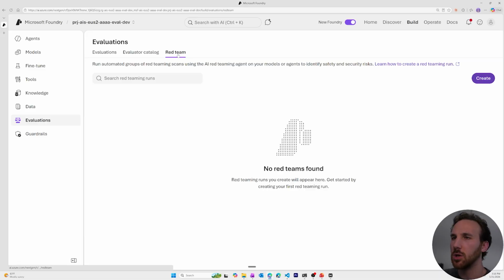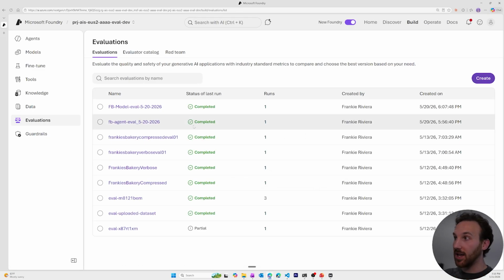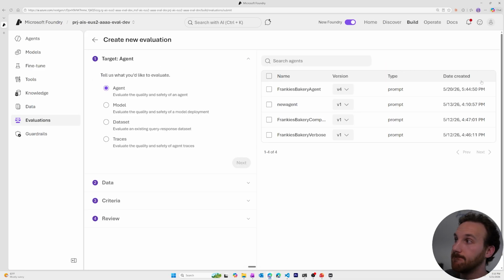If you're going to do special red teaming evaluations, this is if you want to be super safe and secure with the way your AI agent or model is working, you can set that up as well. When it's coming to evaluations, we will come to the Create button here on the far right, click Create, and now we see the different types of evaluations we can run. If you want to run an evaluation on your agent, which is what we're going to do, you see a